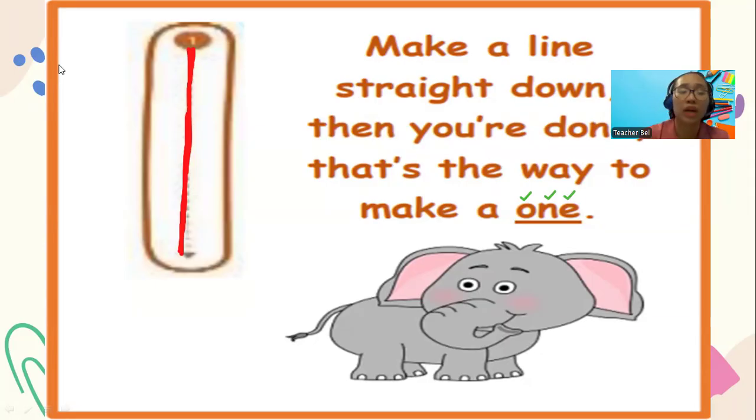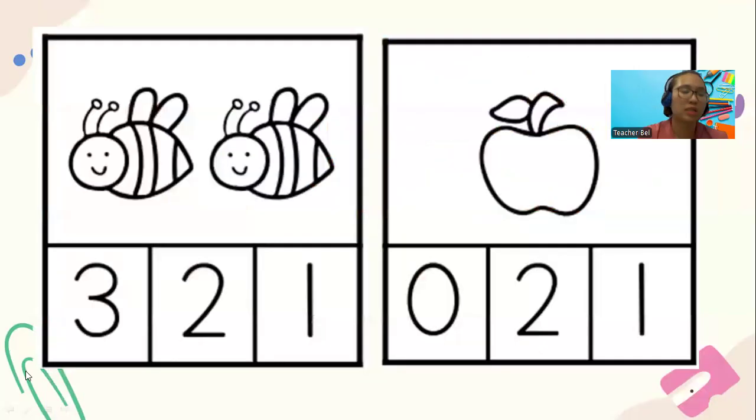Now, if you're done writing and making the word 1 and also spelling it out, good job. But if you're not yet done, pause the video, and play it again once you're done. Can we move to the next part of our work on the screen? We have here things that we should count and we get to mark the correct answer. I have here the bees. How many bees do we have? Let's mark and count. We have 1 and 2.